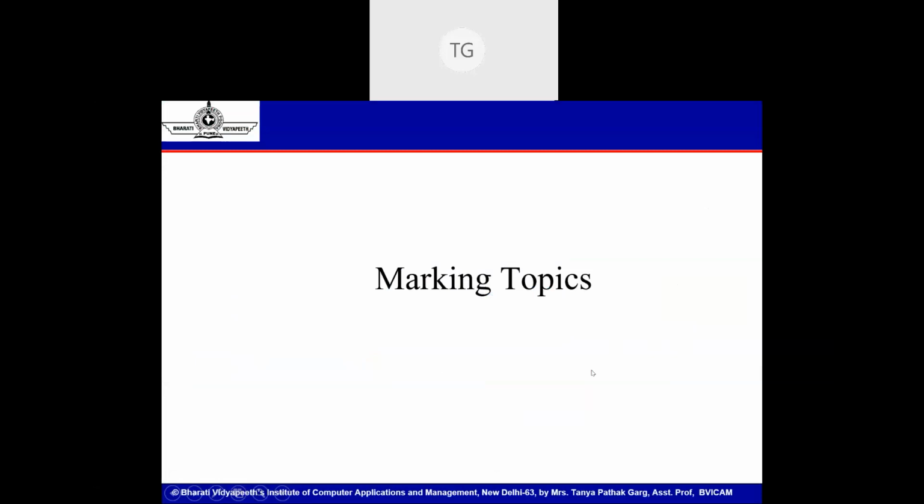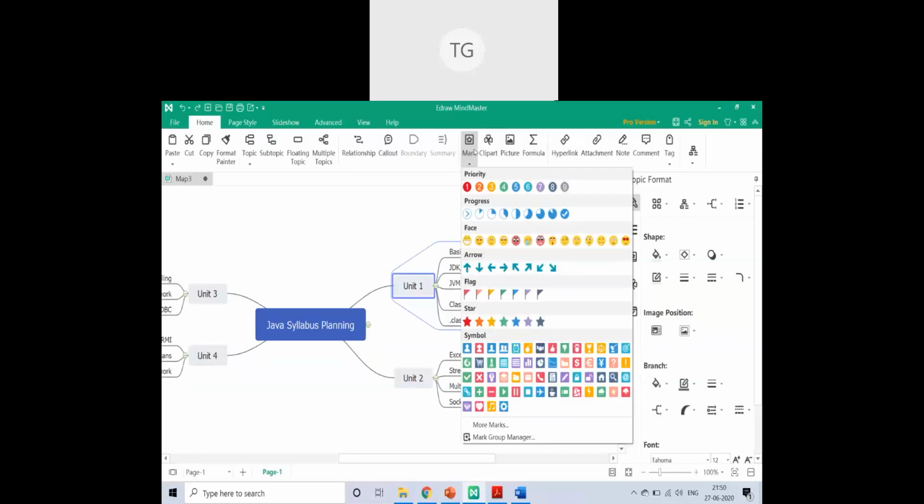Next are marking topics. Right beside summary, if you see, there is an option called mark. Before I start marking, I'll answer this question. I'll be discussing this also, but this mind map can be stored in any kind of format. You can store it as an image, you can export it as a Word file, you can even create a table of contents from this mind map, you can even publish it as a PDF file or as a PPT also. So all formats are possible.